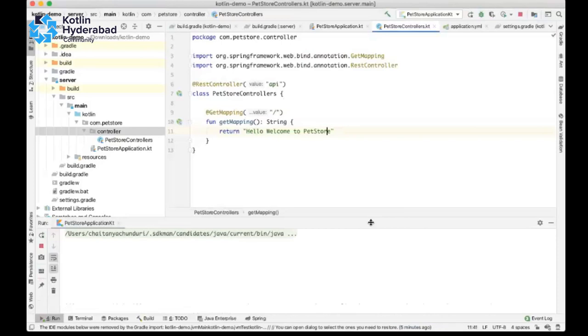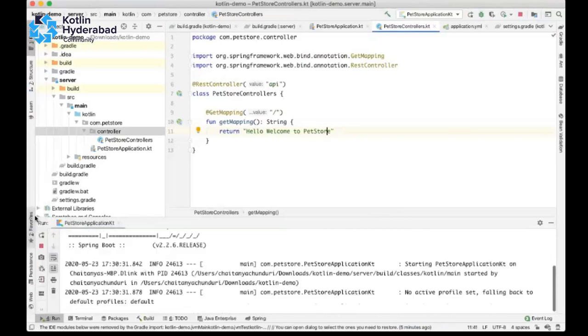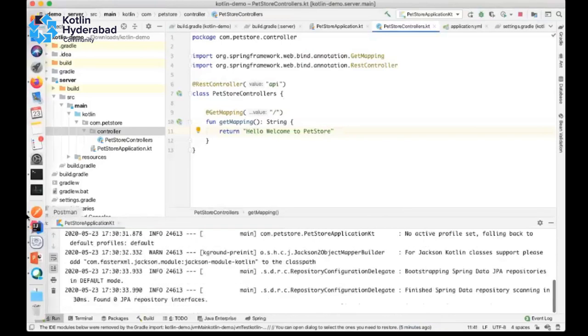Now let this run, I'll show you the new way also of how we can create.